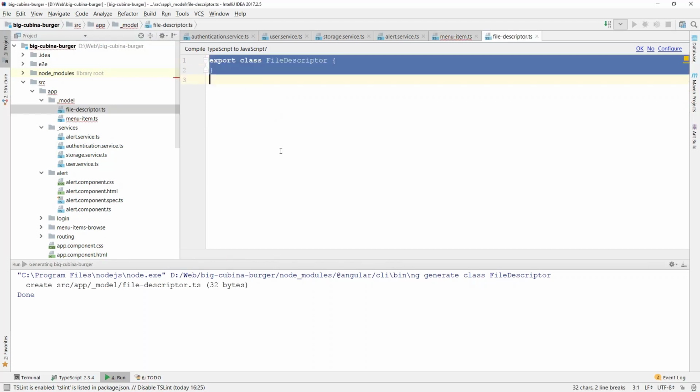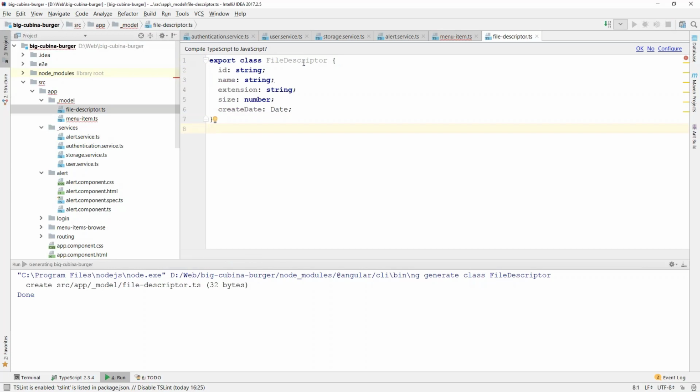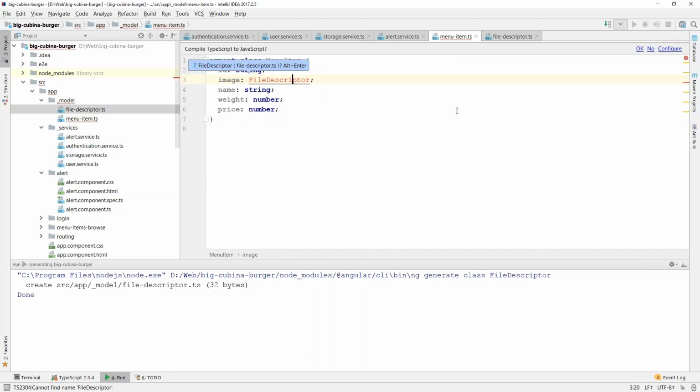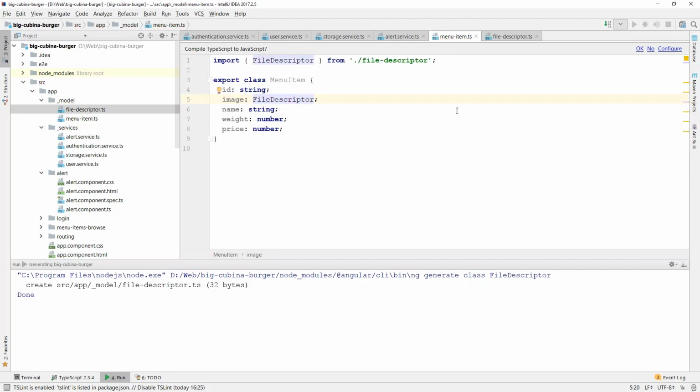And replace its content with the following. So our file descriptor class has ID, name, extension, size, and create date fields. And we need to go back to the menu item and import file descriptor class. Now let's open menu items browse component here.